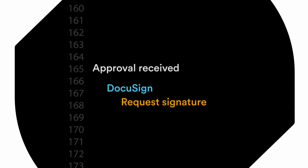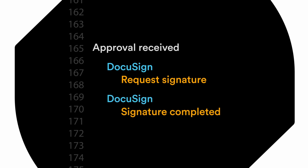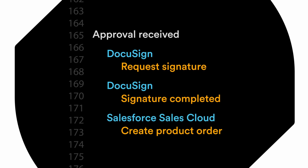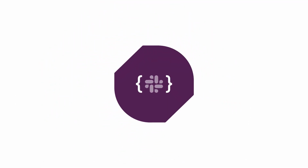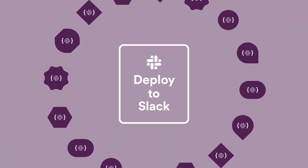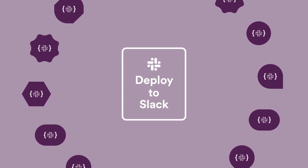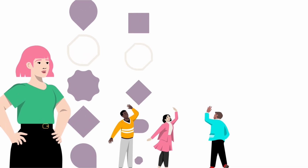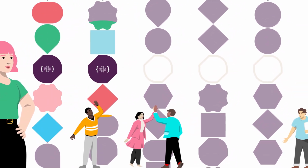As soon as the final approval is received, DocuSign sends a signature request. When the client signs the contract, a new product order is automatically created, connecting third-party apps to each other through Slack. When Kay is finished creating the building block, she can seamlessly deploy and host it on Slack. A big step forward from the days of finding your own place to host Slack apps. The new block can now be used across the company, where everyone can remix it into their own workflows and